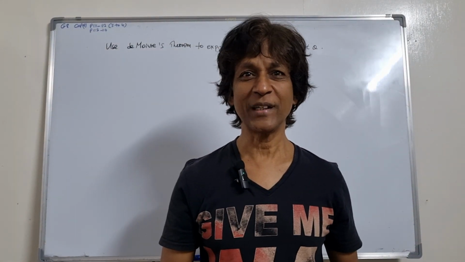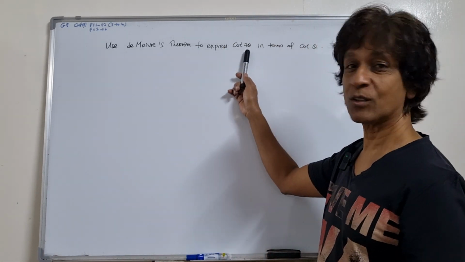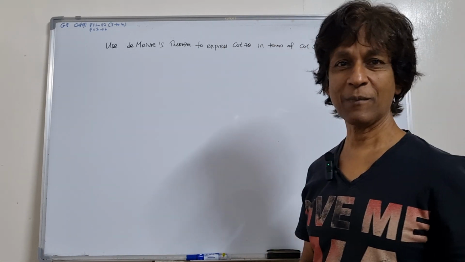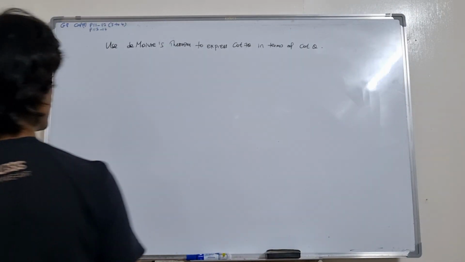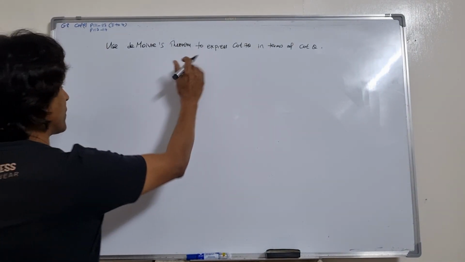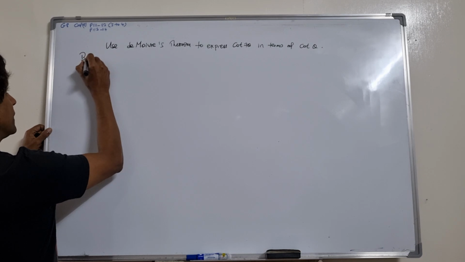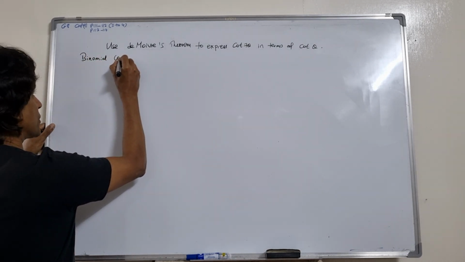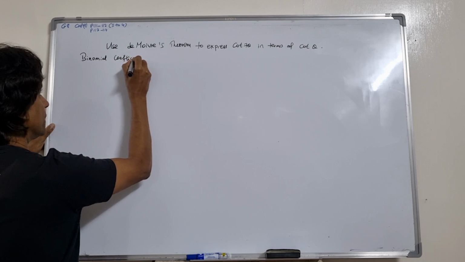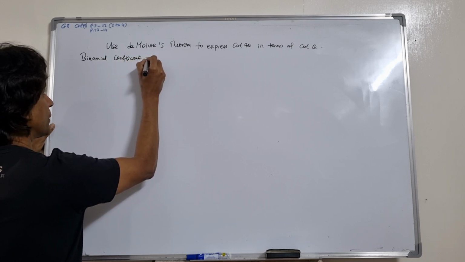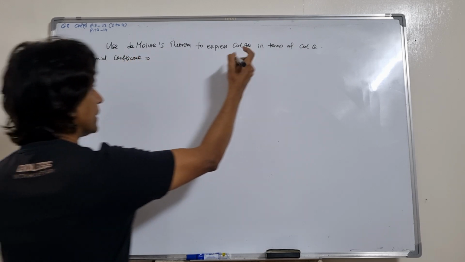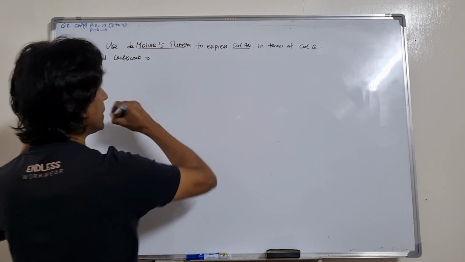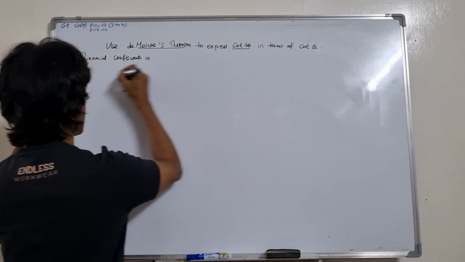So we're going to try to expand cot 7 theta using the De Moivre theorem. First thing we do is we need to find the binomial coefficients. And the binomial coefficients for this particular expansion, and because we're using the De Moivre theorem, we can rewrite this as